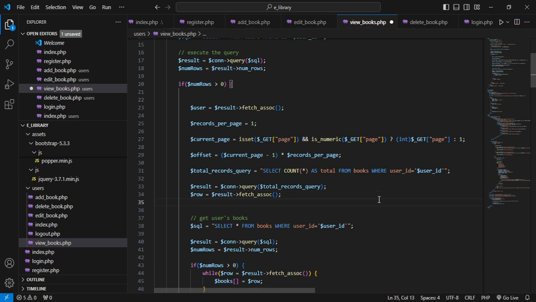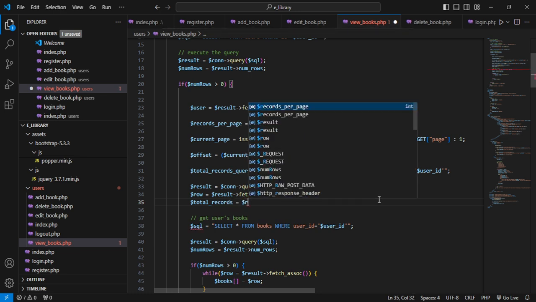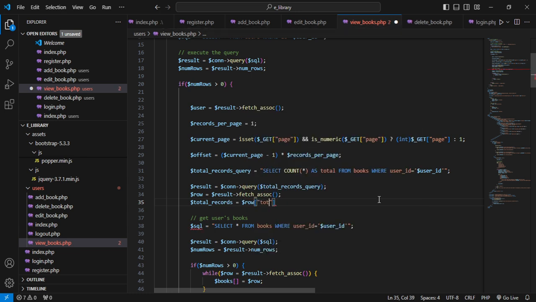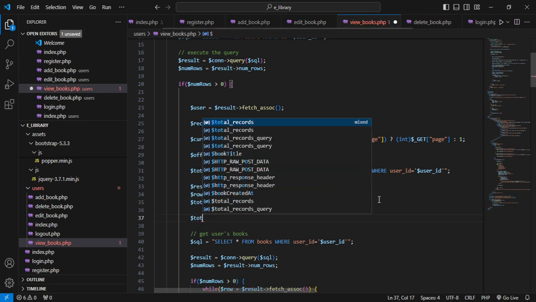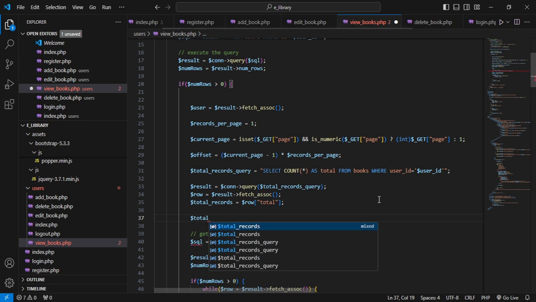Fetch ASOC, I will say total records equal to row total, right? So that gets us the total number of records, to give us the total number of pages. So we're going to say total pages, we're going to use this to get the total number of pages,